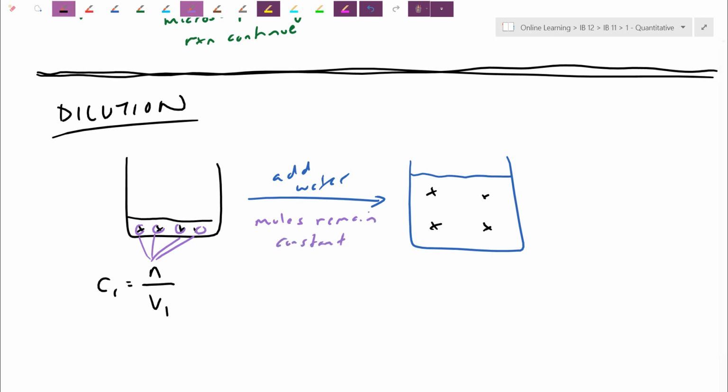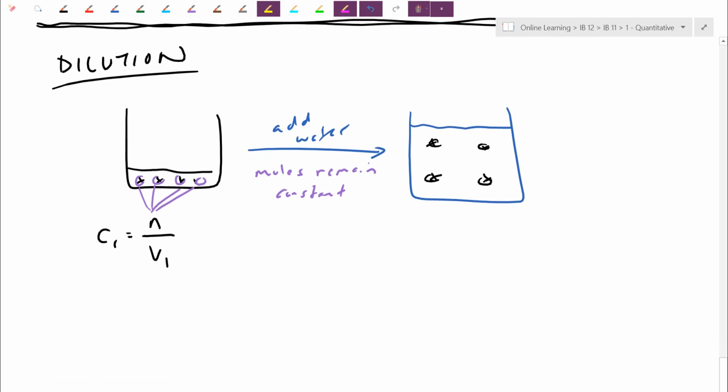Exactly the opposite here for evaporation. With evaporation, I'm going to imagine that the water escapes, but it's the moles, the X's, that actually stay constant. So what I can do mathematically here is rearrange for N. N is going to equal C1 times V1. If you know the starting molarity, the starting taste of this orange juice, and you know the starting volume,